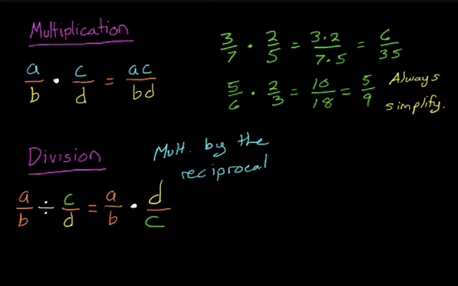So let's take a concrete example. Let's say we had the fraction 1/2 and we wanted to divide that by 3/7. So we don't actually perform the division. We turn this division problem into a multiplication problem. That's going to be 1/2 times the reciprocal of 3/7, which is 7/3. And that gets us